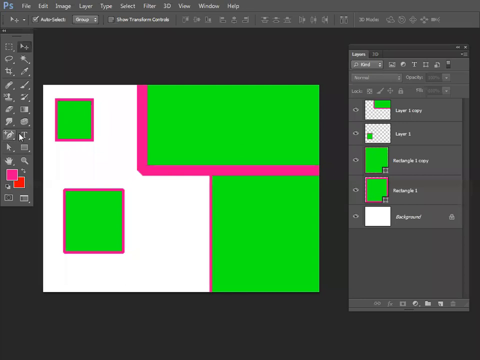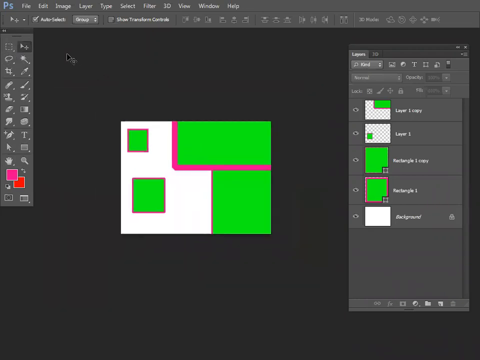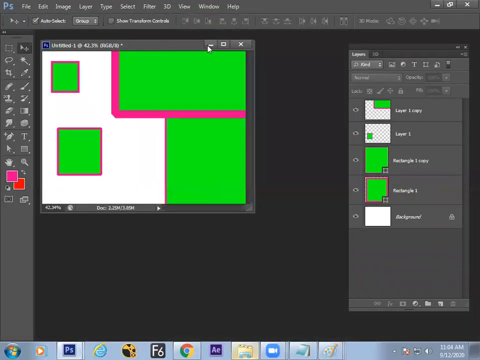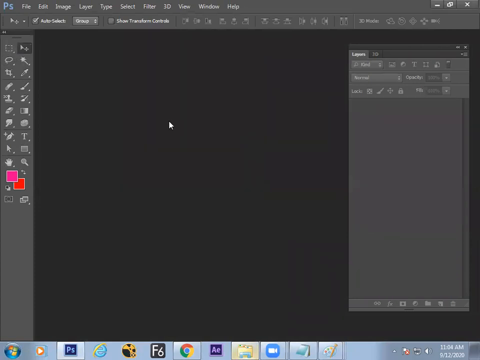So you know what is raster and vector tools. These are the raster selection tools and these are the vector selection tools. And one more thing is we can convert vector to raster, raster to vector also. Okay, we can convert them, but there are certain limitations also. I'll show you.